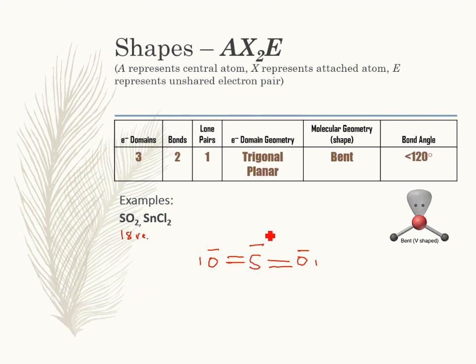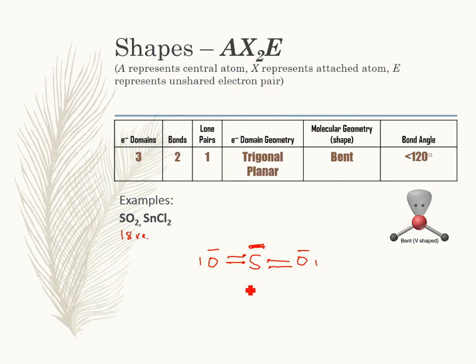Here we go. And now we have the octet met for all. Sulfur's got 2 extra electrons, but it's okay if it does. The oxygens have 0 formal charge. The sulfur has 0 formal charge. So what we see is we have 2 bonds and 2 pairs of electrons. Now, a double bond is a bonding domain. Okay, it doesn't count as 2 bonding domains. It's just 1. So we have 2 bonding domains and we have 1 electron pair, and this is the bent